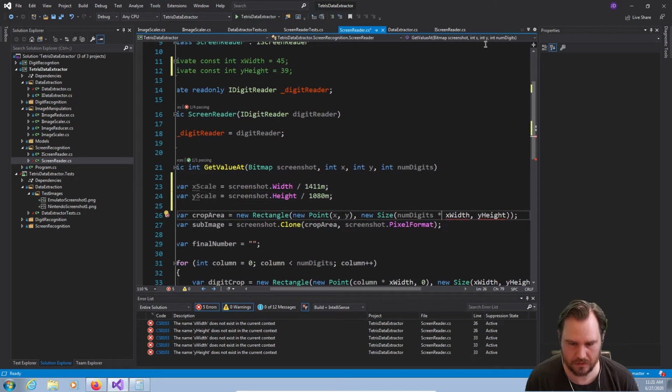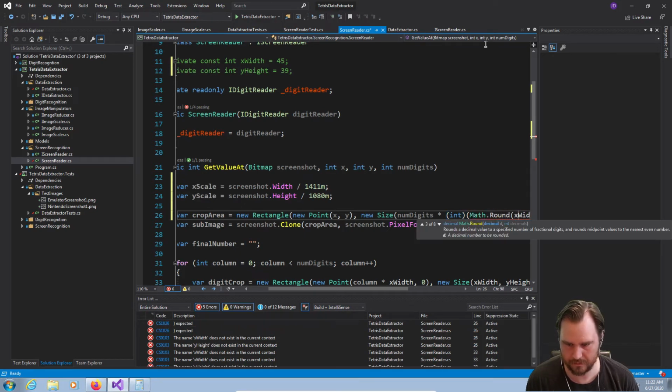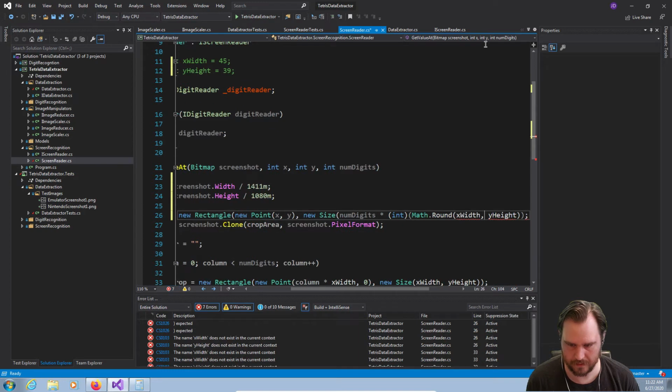So now the size is integer of math.round X width